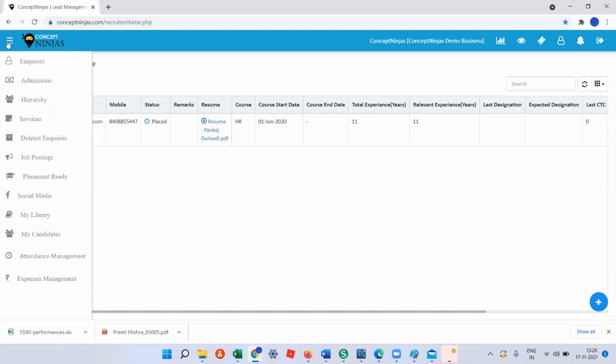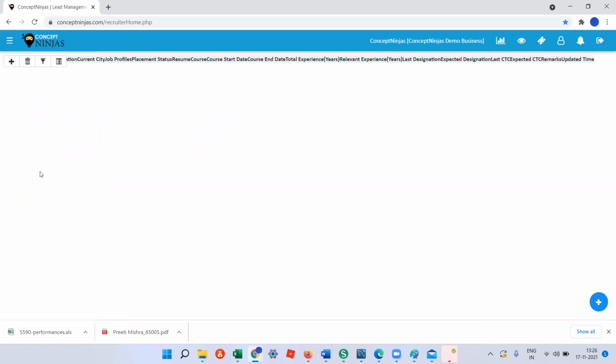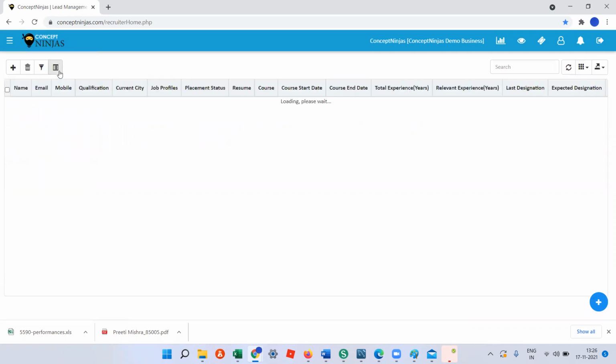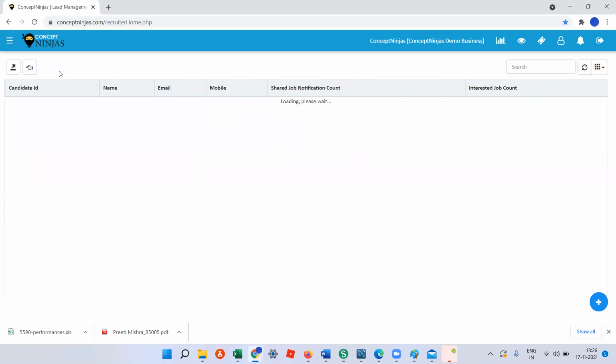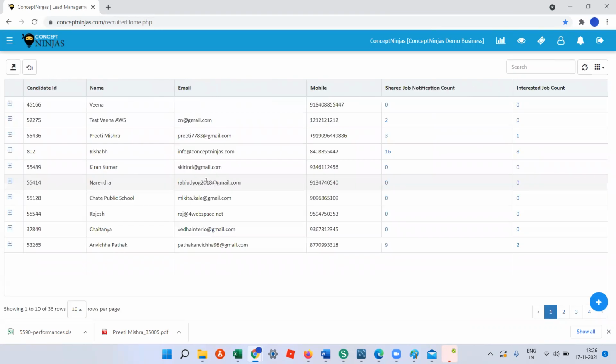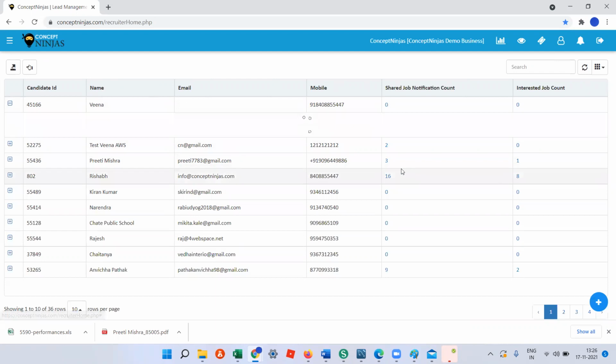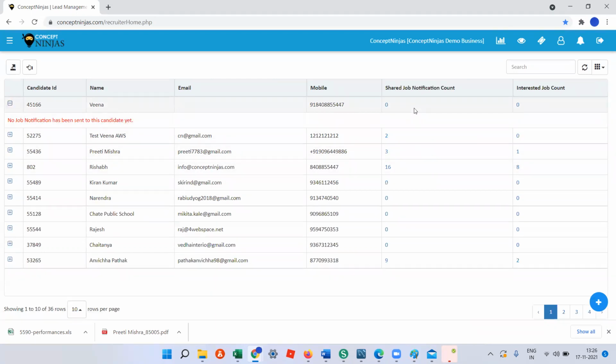You can also draw reports in this. In placement ready, you can see a report column, right? When you click on this report, you will see the candidate-wise report. For this particular candidate, how many job notifications were shared, and in how many they have shown interest.